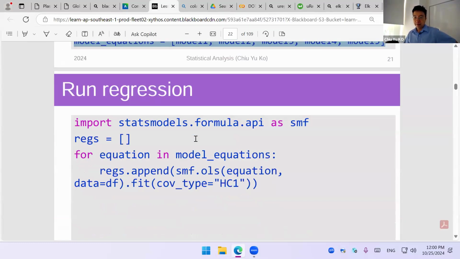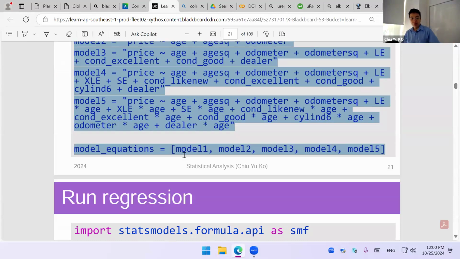So you have to write a complicated model. So why do I want to create a list, you ask? Because we are programmers, we want to do a loop because we want to make our code easier. We write a list and loop over them. So what we're going to do